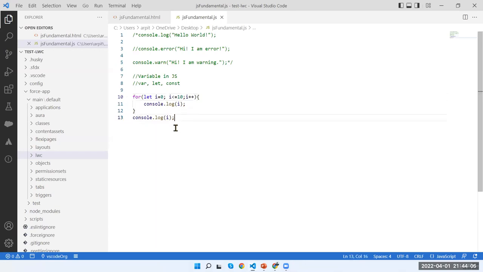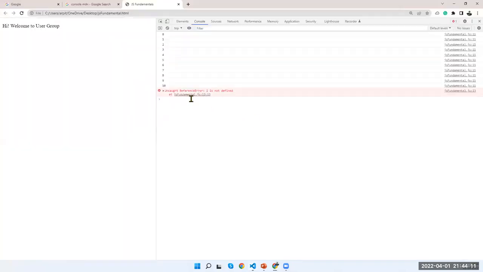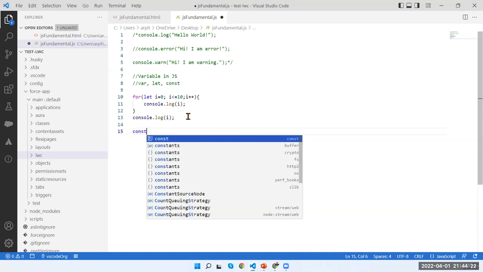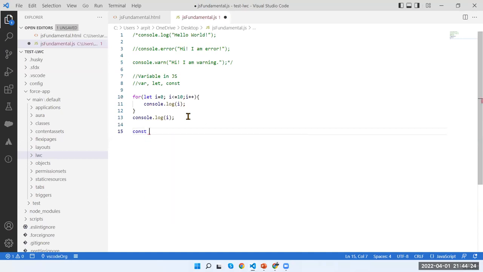And if we are using the variable i of a let outside the scope, it is giving me an uncaught reference error. So we have to make sure that we are using that. And a constant is used when we want to assign a value to a variable,